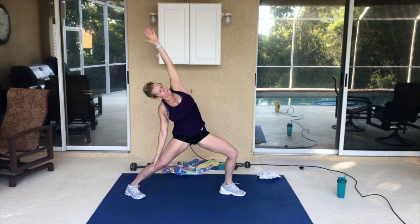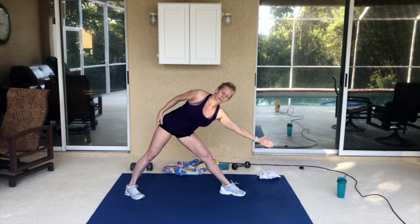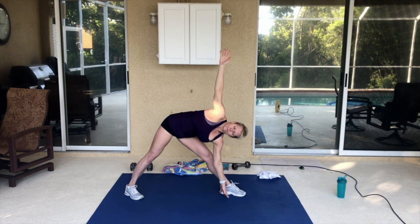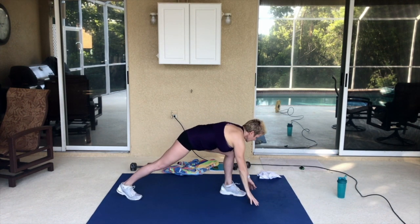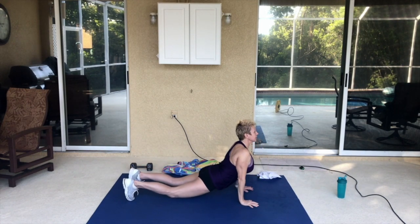Inhale and fall back into a warrior three. Raise up. Triangle pose. Back up into a warrior two. Side angle pose. Pull that head and neck out of the turtle shell. Rotate around, pull back, chaturanga down, upward facing dog,